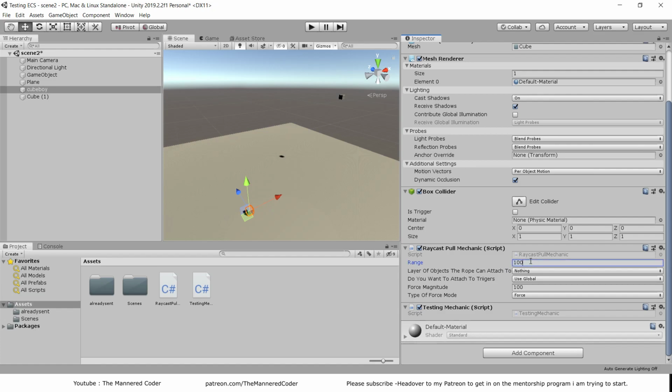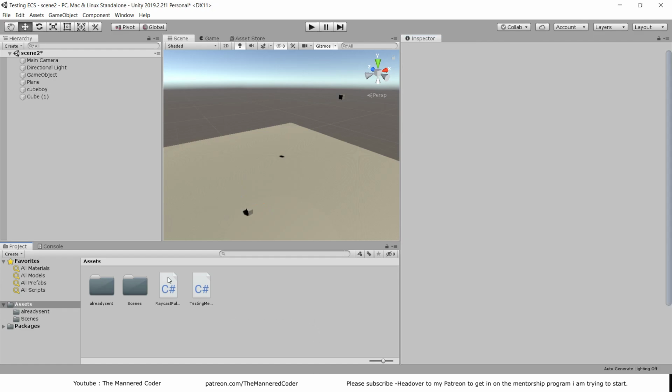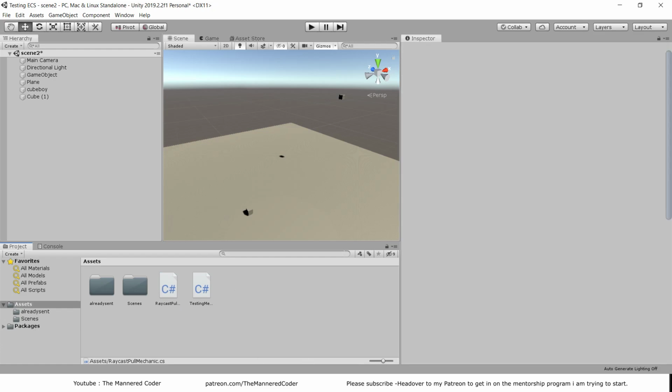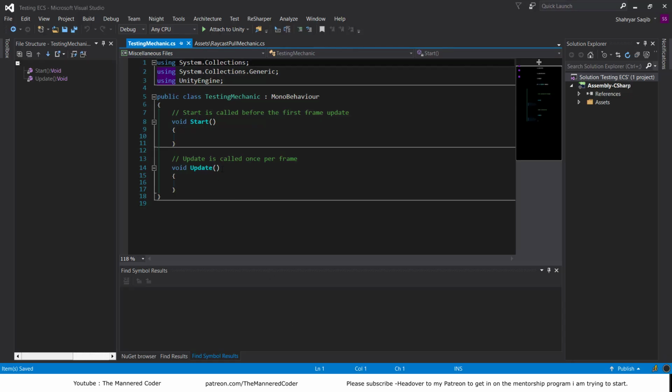Ray 100, let's make it 1000. Objects of layer the rope can attach to, let's say everything for now. And do you want to attach to triggers, use global, you can either say yes or no. Force magnitude is 100 for now. Type of force: acceleration, impulse, velocity. See, just by exposing those things, we have made our mechanic way more configurable. So this is our testing mechanic. All we want to do is go into start and simply say